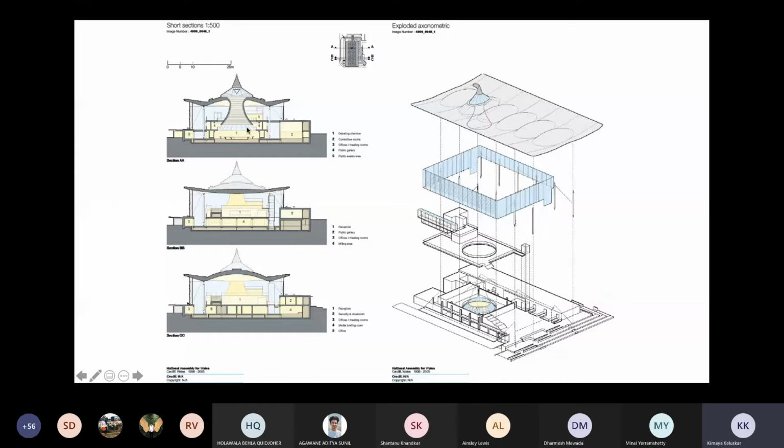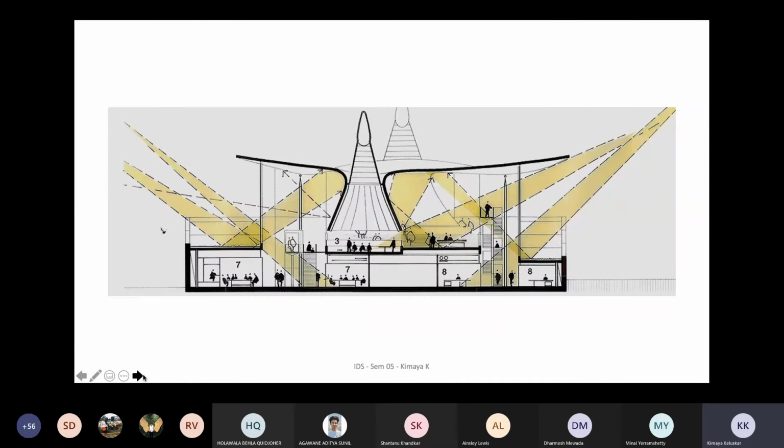So that's the section. The one is basically your assembly hall, and that is a kind of funnel that you create on the top with a cowl, so that you're also protected from the rains. But this is an entire funnel effect that you create for ventilation. So these are the different kinds of daylight that enter through your building, just because of the way your form is designed. And it also talks about how the reflection or the refraction happens, and how people start occupying the spaces which are there.